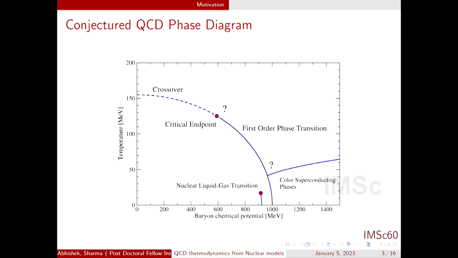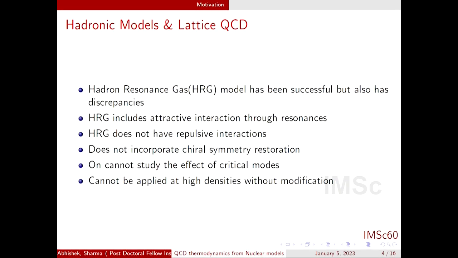One more thing, in this phase diagram, at low temperatures and baryon densities, we know that the system is made up of hadrons. And if the system is made up of hadrons, one should have a universal hadronic model which works well both at high densities and at low densities, because one doesn't expect the interactions to be different in different regimes. So keeping this in mind, some people have applied the HRG model at high densities, but it is now known that the results it gives are in contradiction with known facts at high densities.